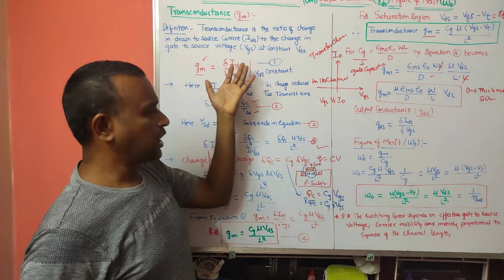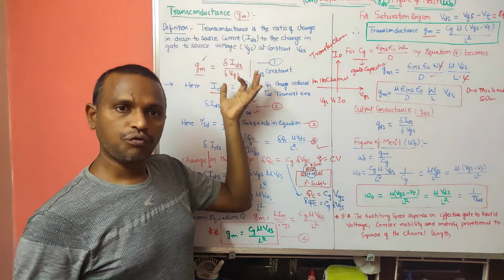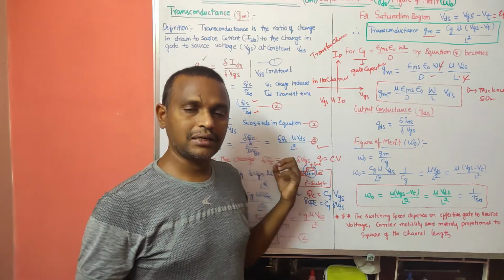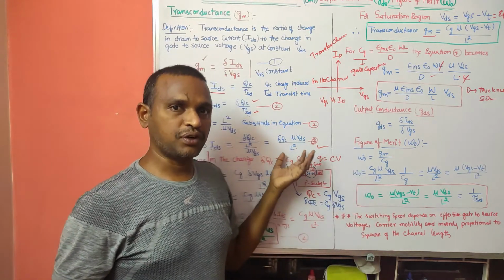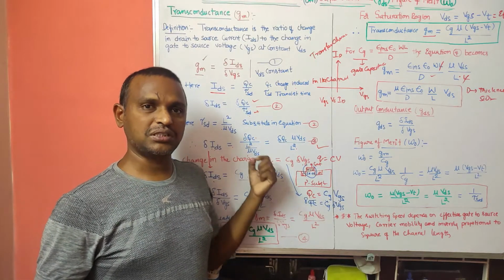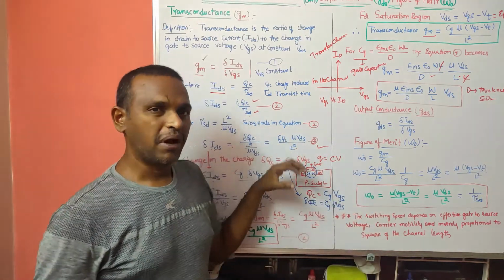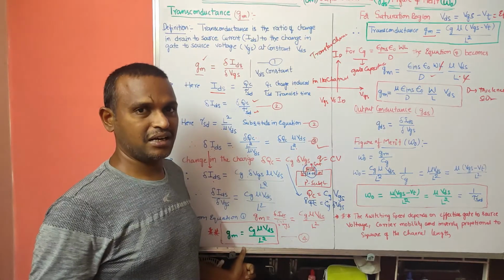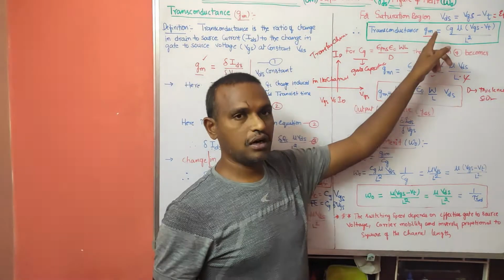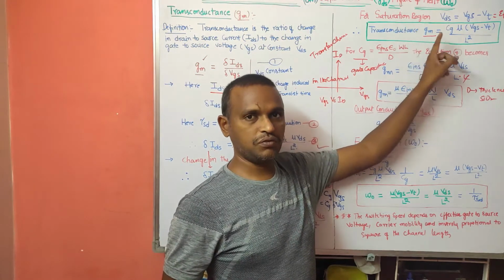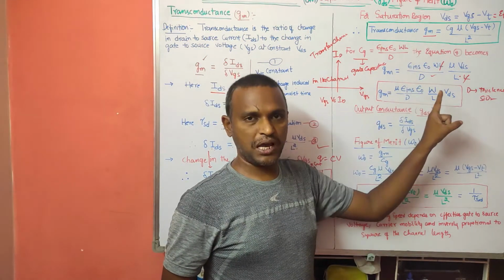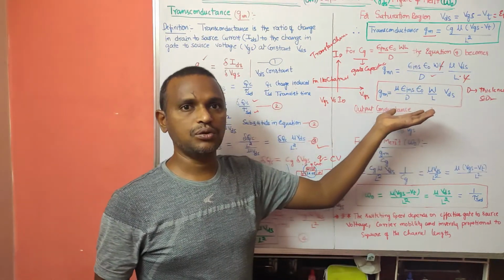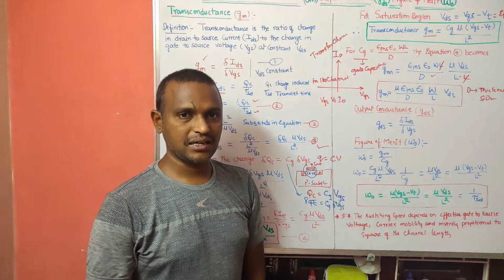So here first we have the GM definition, after that we calculated the IDS value. After that we substituted tau SD, and then we have the QC, that is nothing but the charge induced in the channel. By taking the change in the charge and substituting all these things, we got the transconductance for saturation and for non-saturation. For saturation, if you substitute VDS equal to VGS minus VT, we will get this equation. After that, if you substitute the CG value, you will get another equation for the transconductance.